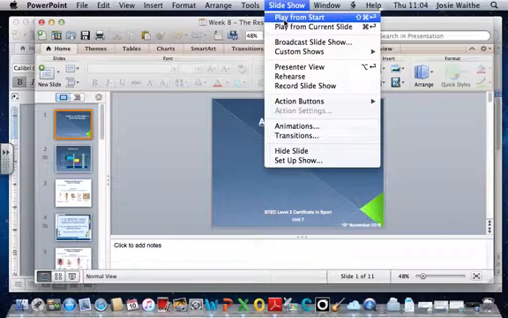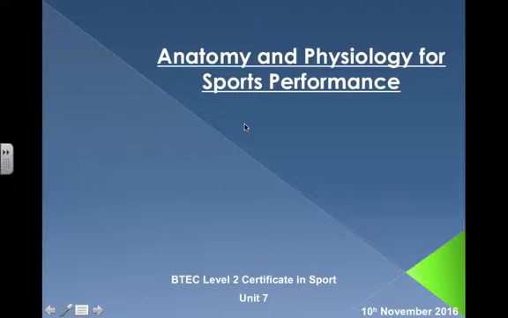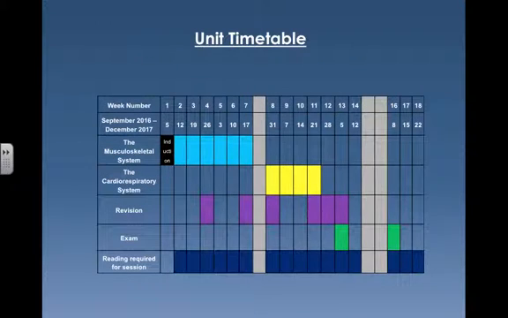So let me just play from the start. So again, it's anatomy and physiology. So guys, here's a unit timetable of what we've covered so far. In the first couple of weeks, we focused on the skeletal system and the muscular system, and then up until about half term, and then at the moment we're on sort of week 8, week 9. Obviously, the 7th of November, being week 9, we're looking at the cardiovascular system and moving on to the respiratory